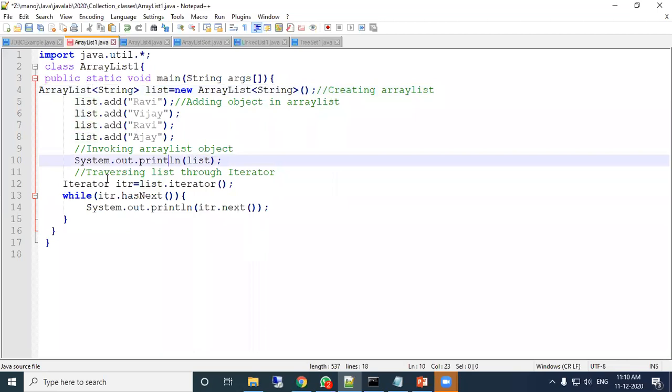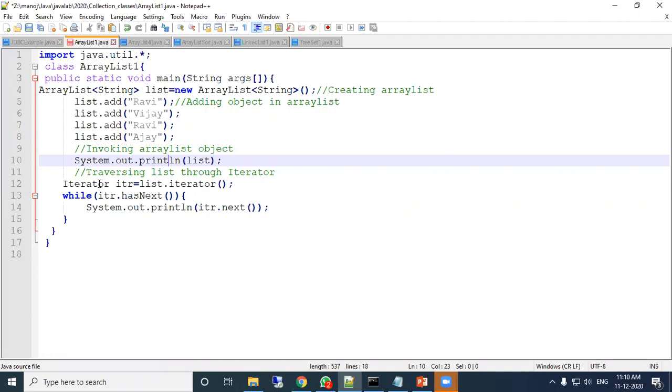Another class is there, which is the iterator class, and that is mainly used with the array list. Through the iterator class you can access the data only.